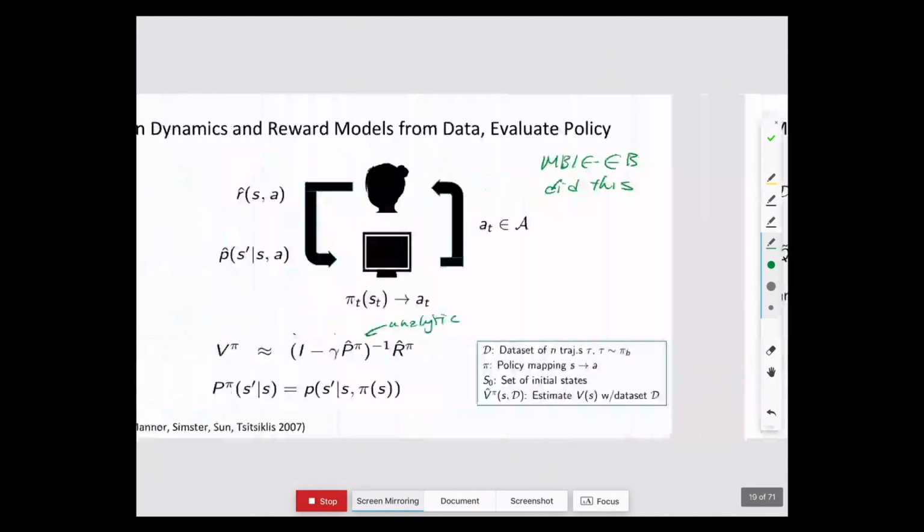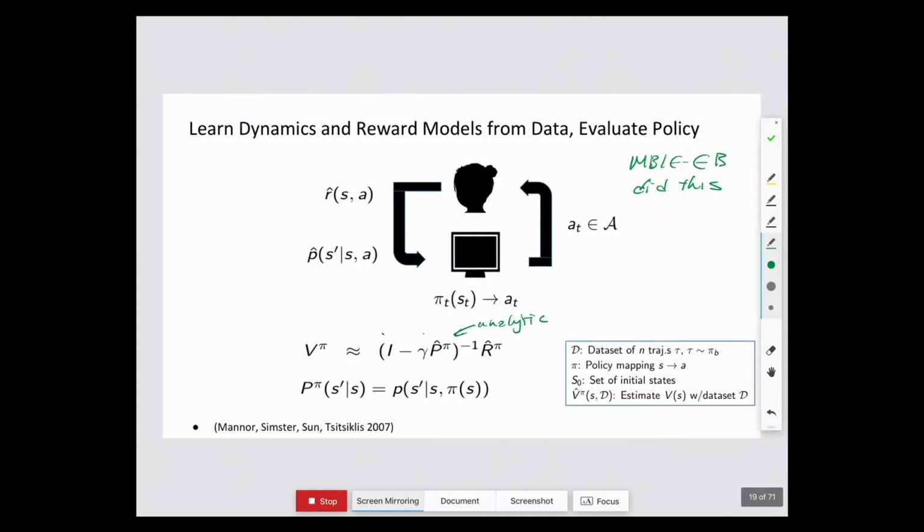Now, I'll just first say, the problem with this is, as you might expect, that these models are approximate, and just like how NBIEB had to add in this bonus term because your models might be wrong, similarly here, we're not adding in bonus terms right now, so this could be biased, and it could be asymptotically biased. So this is biased, and may not be consistent. Depends on the parametric form you're using for this and for this.